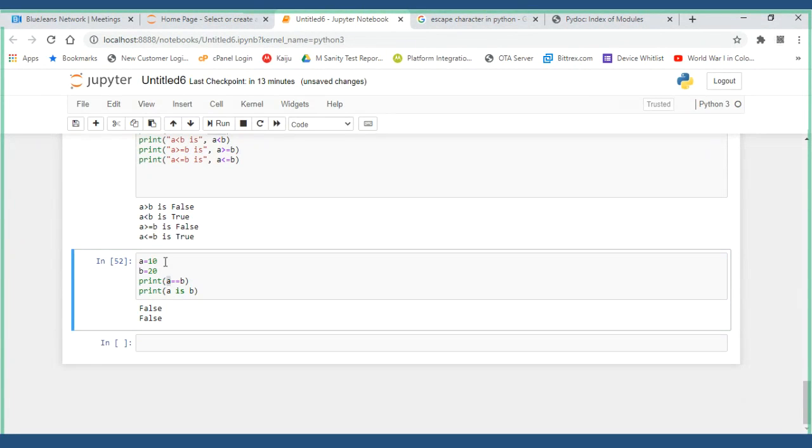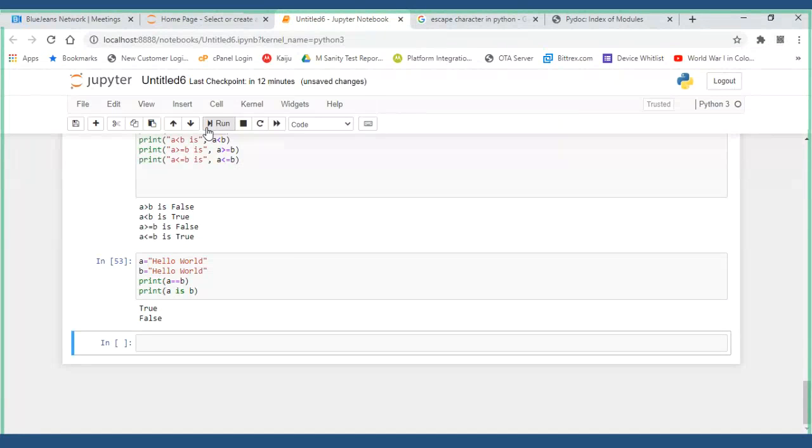Now I will show one more example. Hello world. I will take the same thing, put it here, B is equal to hello world. I'll run it. Now you see this.